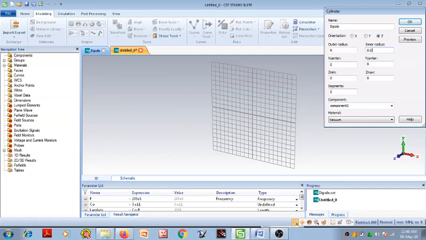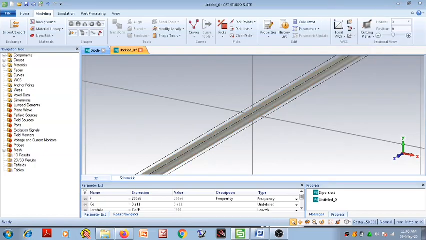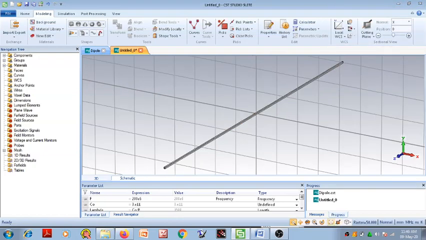As we design antenna along the z-axis, so the orientation is kept along the z-axis. So we have to define the parameters along the z-axis. The antenna starts from minus L by 2 to plus L by 2, means total length of our antenna becomes L. Select material PEC, click on preview, then OK, reset view, OK.